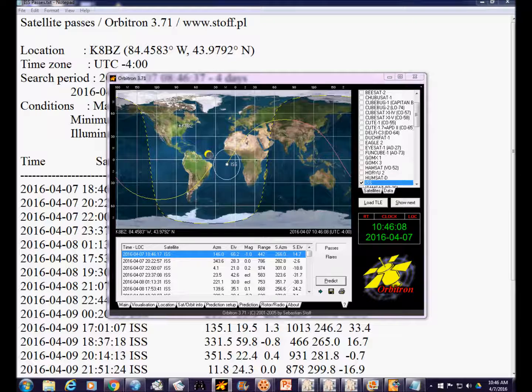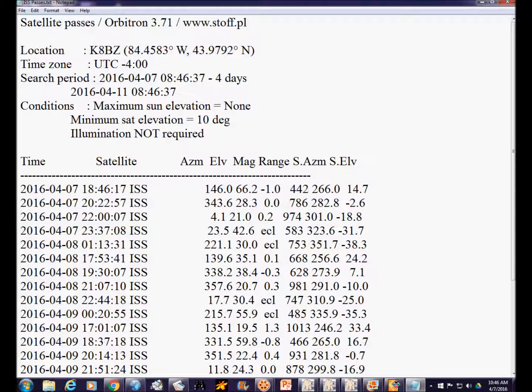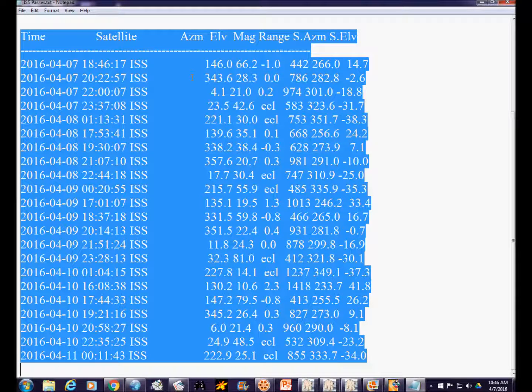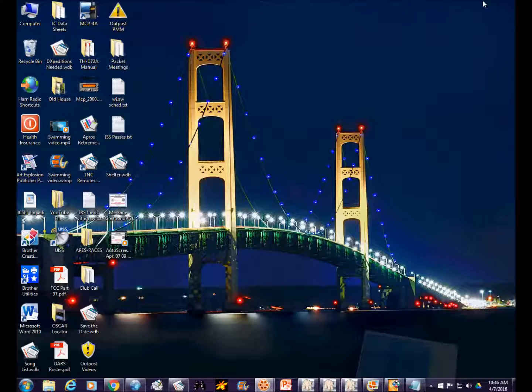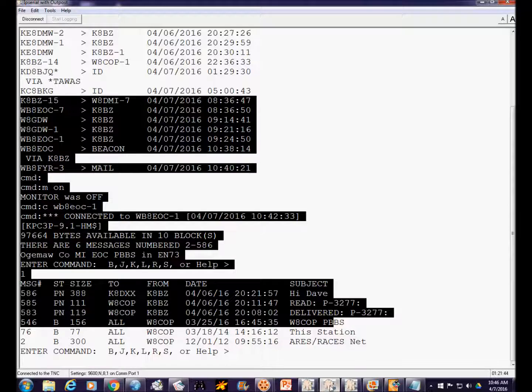And just as an example of things that can be created, someone may have this saved on a zip drive and ask you to send it as a message. And basically you can just do a Control-A, copy the entire contents of that text file with a Control-C. Control-A will select all of the contents of a text file. Control-C will copy it. We can go back to Outpost Packet Message Manager,